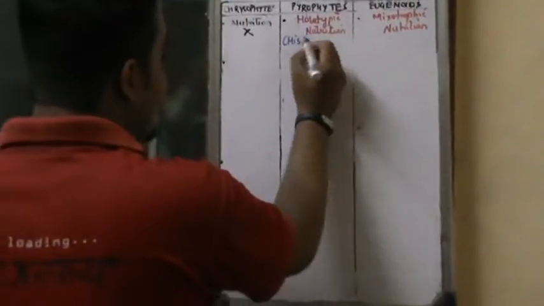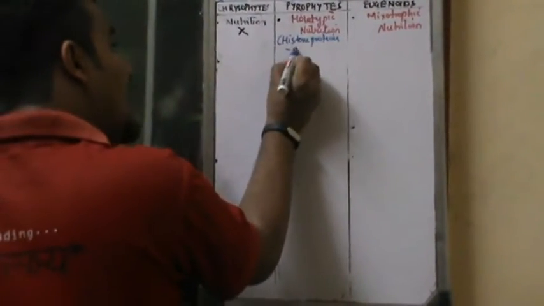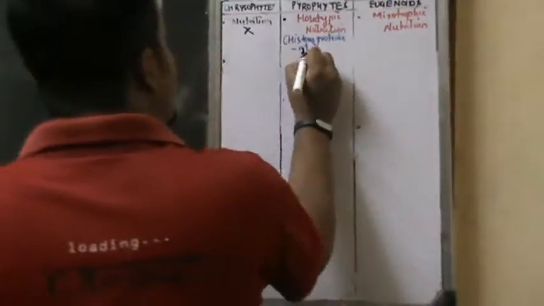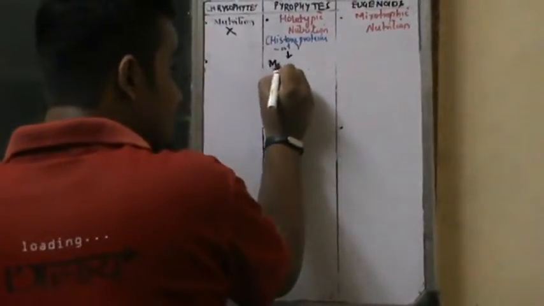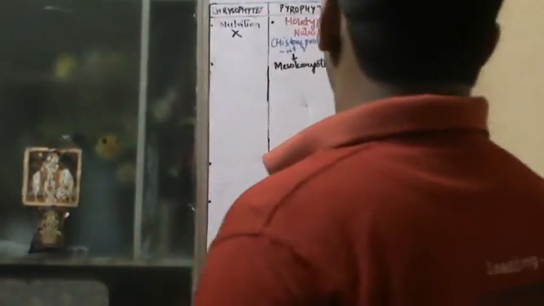But remember here, the histone proteins are something which is going to be absent in the case of pyrophytes. Since histone proteins are absent, that's the reason these are also called mesokaryotes. Mesokaryotes is going to be very important, right? So you have to understand this. This is one thing that needs to be understood by you.